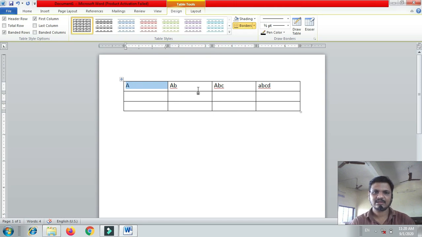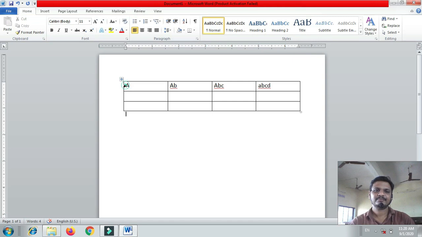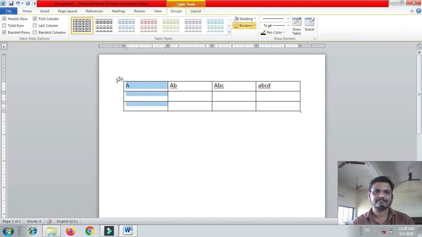This is one cell, this is another cell, this is the third cell, and this is the fourth cell. So how many cells are in one row? Exactly, four cells. So this is just the basics.